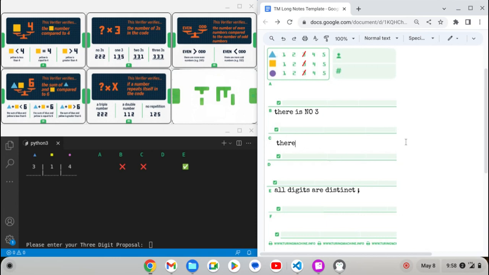There are 2 evens, and specifically 2 and 4, since they have to be distinct, and there is an odd. There has to be an odd. Okay, so at least that gives us an idea of what we're going to be looking for